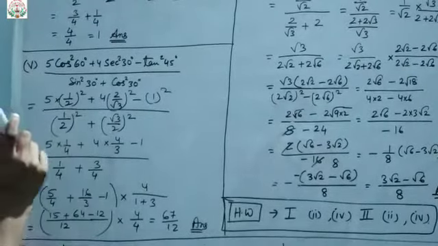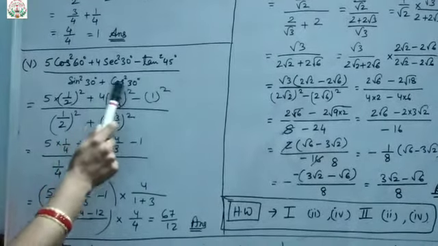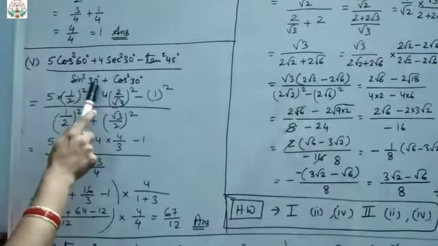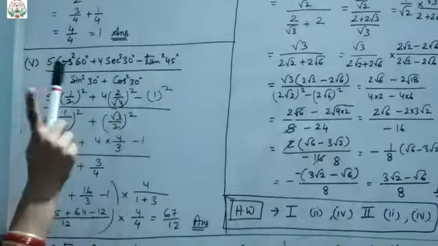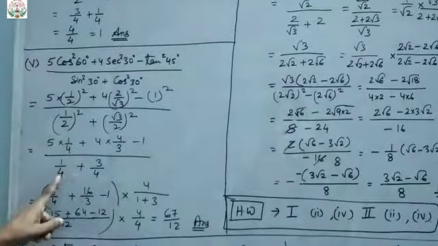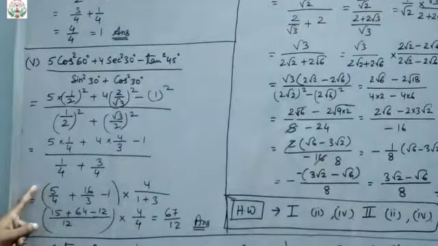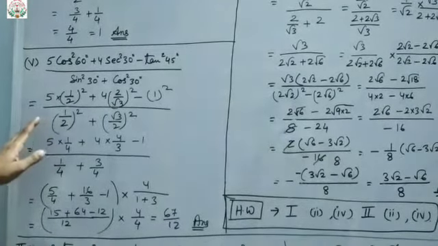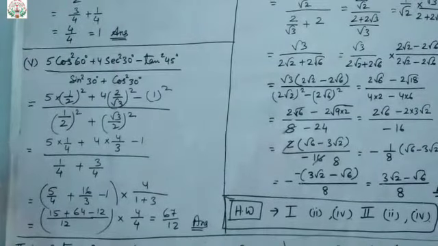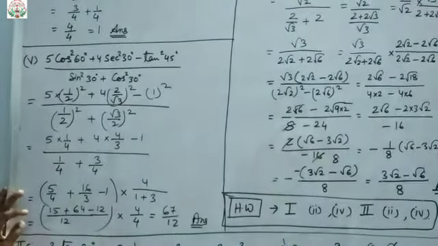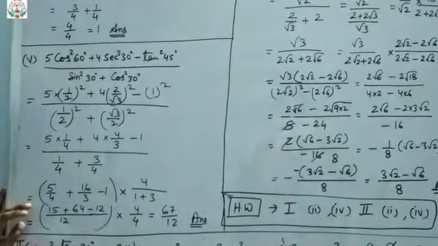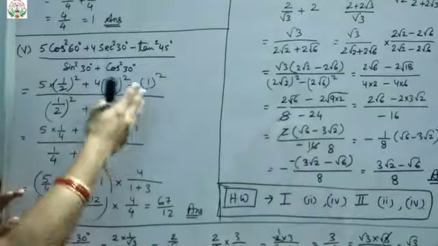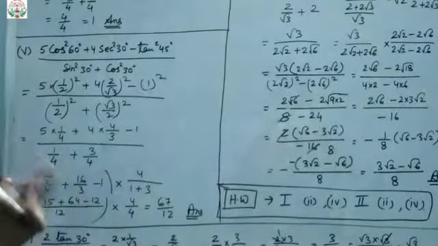One formula I have also given you, sin square a plus cos square a equals 1. So here sin square 30 plus cos square 30 also will give 1. You may check also by taking the LCM and all, you will get 1 only. So that way also you can directly put, because the formula is sin square a plus cos square a equals 1. Same way sin square 30 plus cos square 30 also will give 1 only. That way you may put, or simply put the values and get the answer.